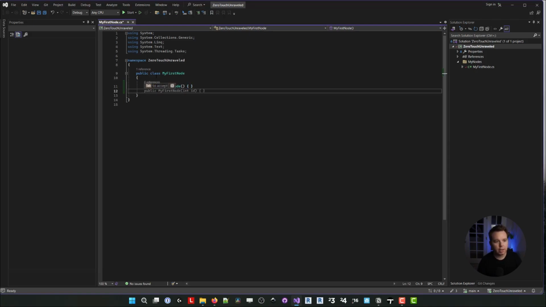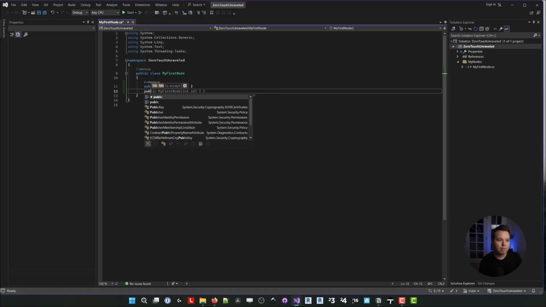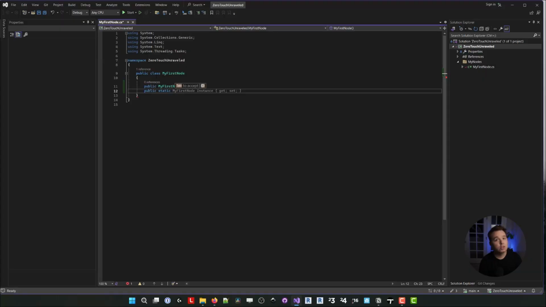Hitting enter again, we will see that it's giving us all sorts of predictions. So Visual Studio has IntelliSense and it has a lot of AI things as well. So it thinks we want to make a node with an integer that's an ID. This isn't what we want to do. Yours might even look different, but it is cool to keep an eye on. What we are going to do is type in public static string